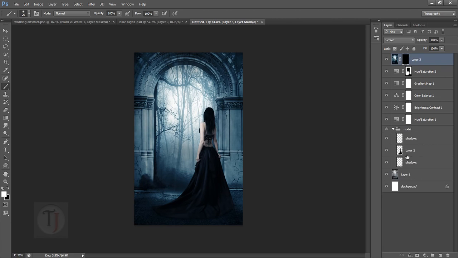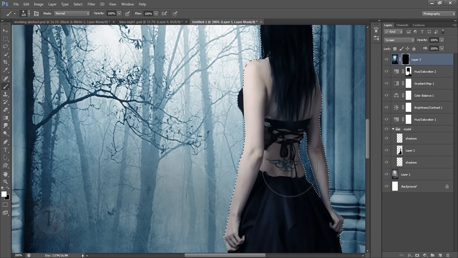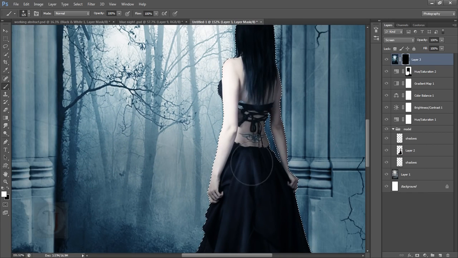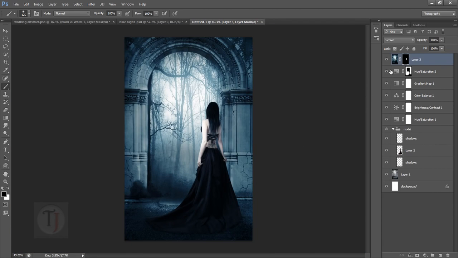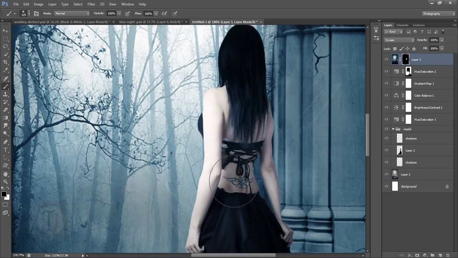And after that, let's go back here and control click on this model's layer, and I'm gonna select my mask here back, grab my brush tool and make a really big brush, and I'm just gonna zoom in a bit and paint over her skin, so it will make it like super bright. And I'm just gonna paint white here to remove it from some parts that I don't want, and press Ctrl D. So as you can see, it makes her skin like way too much bright, and it's looking like, okay,